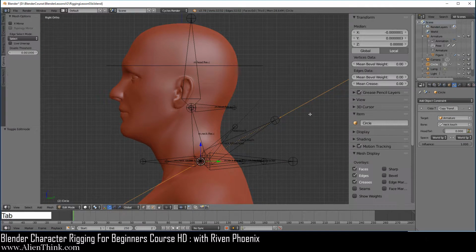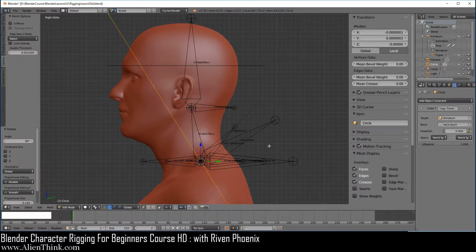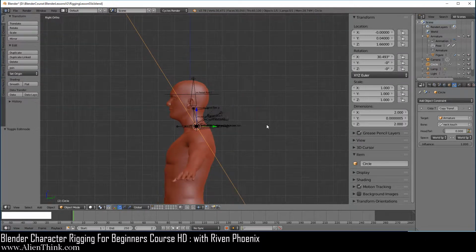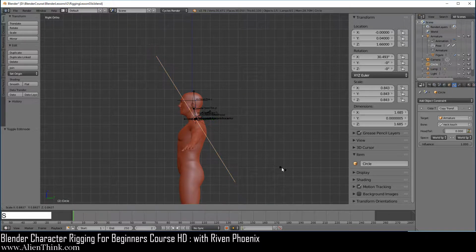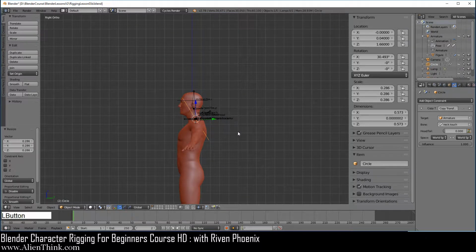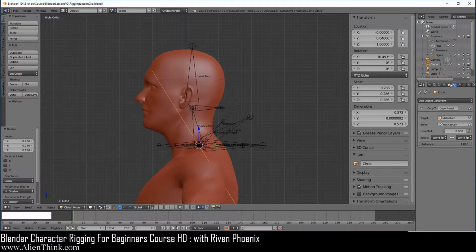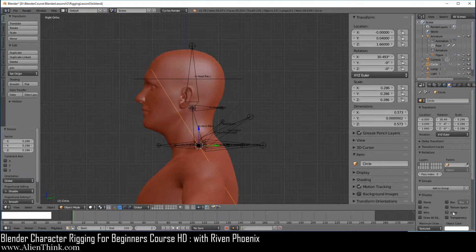Now press the Tab key. Press the R key. Press the Control key and go ahead and rotate this circle by 90 degrees. Now press the Tab key to go into object mode. And here we're just going to press the S key to scale this down a bit. And here what I'd like to do is make sure that the X-ray is enabled on the circle object. We can do that too for the other circle that we had added. So we'll take care of that later.